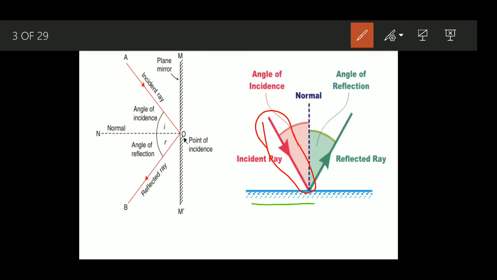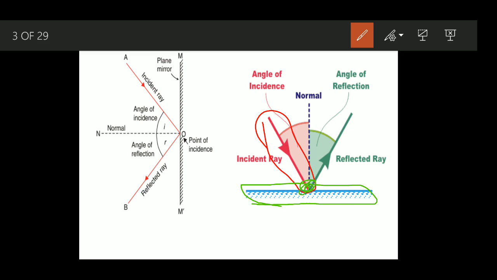and this one is the reflecting surface. Can you see the reflecting surface? A ray of light falls on a reflecting surface. At the place where the incident light falls on the reflecting surface, I have drawn a normal. The normal is a perpendicular. For any surface, at a point, you draw a perpendicular. The angle between the incident ray and the normal is called the angle of incidence.